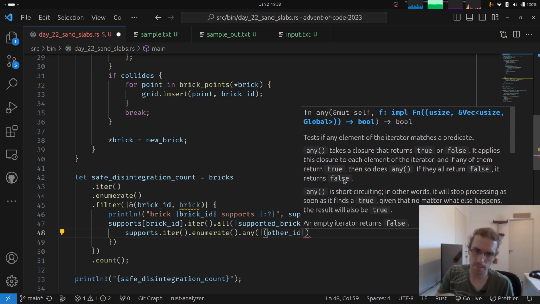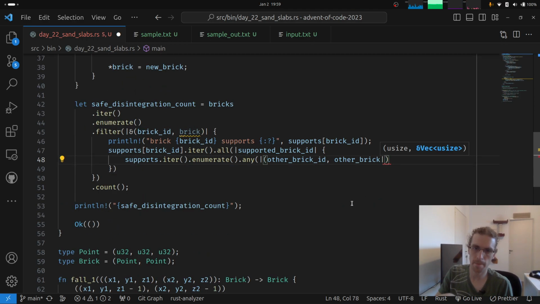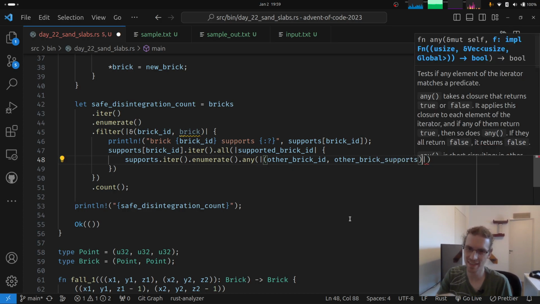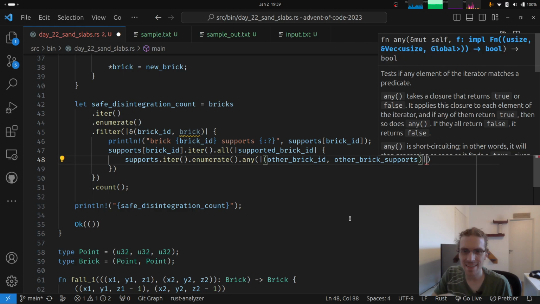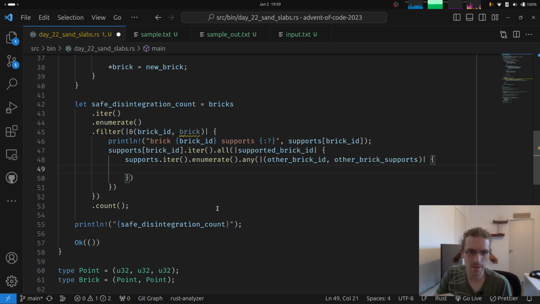This is other brick ID. If there is any other brick, brick ID and other brick supported bricks, I don't know, supports. This is very nested and very ugly, but if there is any